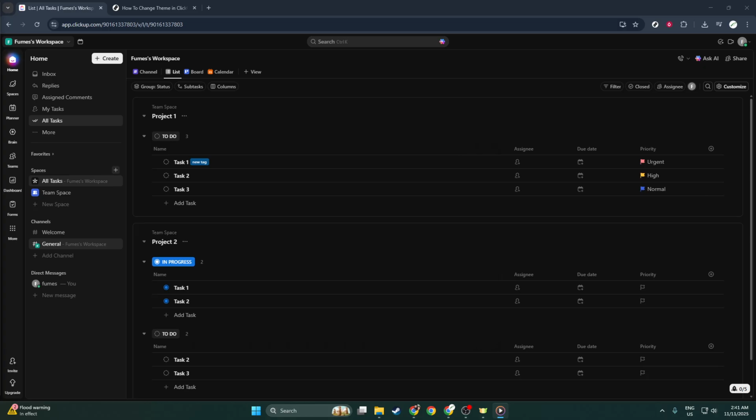First, you'll need to open your web browser and navigate to clickup.com. Once the homepage loads, find the login button and enter your credentials to access your ClickUp account. If you're not already logged in, this step is essential to ensure you can access the settings we need to change the theme. Logging in will bring you to your main ClickUp dashboard, which is the hub of all your